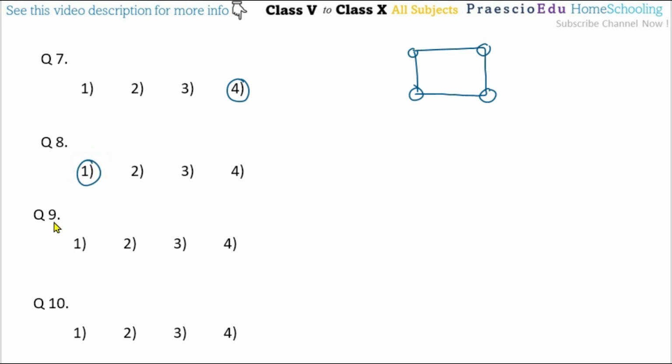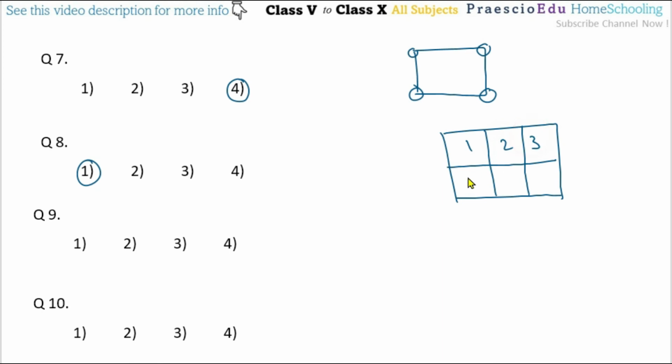Then question number 9, how many squares are there in the given figure? There is a figure like this. These are squares, and in this one there are vertically 2 lines and horizontally 1 line. So here 1, 2 and 3 and then 1, 2. The product of these is 2 multiplied by 3, and then we add the remaining larger one, which is 2. So 2 multiplied by 3 is 6, plus 2, that is 8 squares, and 8 is given in option number 2.